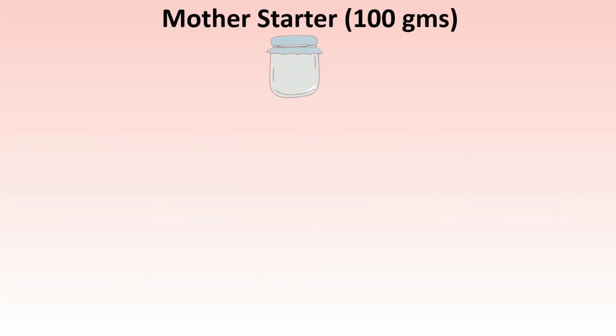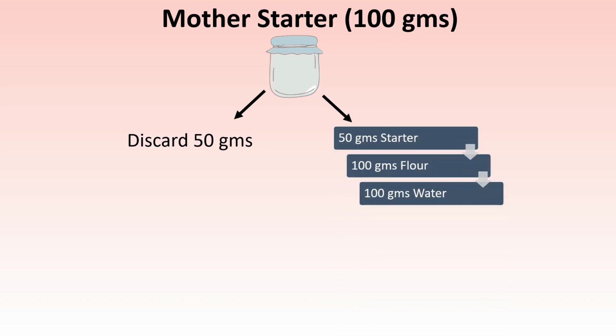If you follow the recipe that I have shared, you will always have 100 grams of mother starter. So from that, we will discard 50 grams, and to the remaining 50 grams, we will add the additional 100 grams of flour and 100 grams of water as per the recipe. So let it rise until doubled, then use this 200 grams from it for whatever you are making, whatever bread